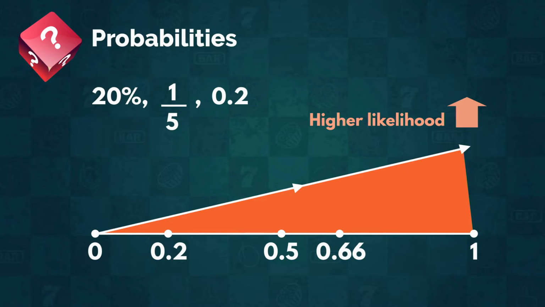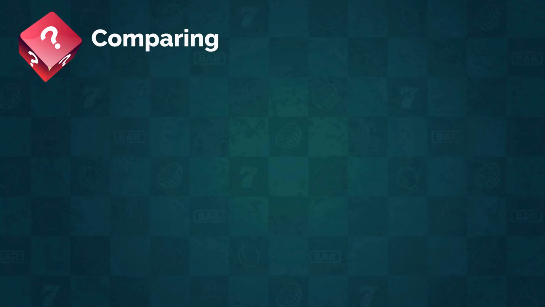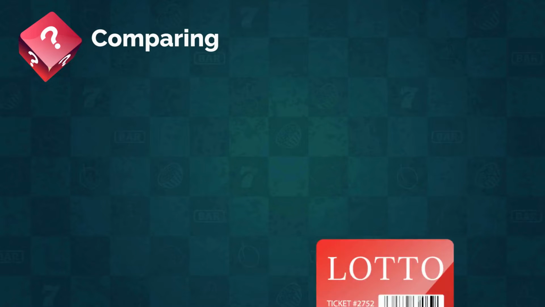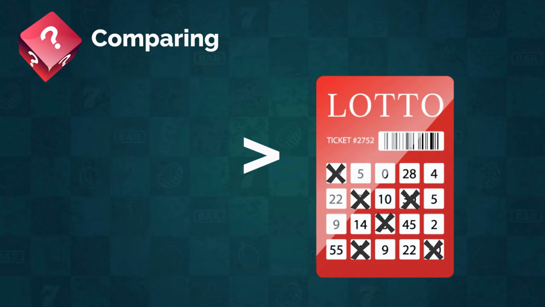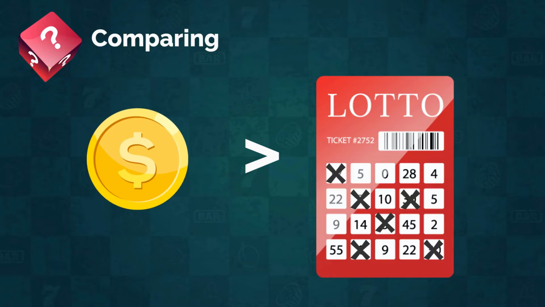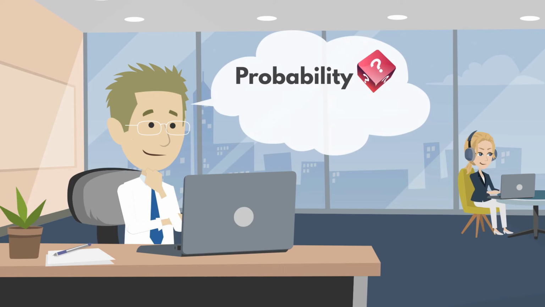Even without knowing any of this, you can tell some events are more likely than others. For instance, your chance of winning the lottery isn't as great as winning a coin toss. That's why you can think of probability as a field that is about quantifying exactly how likely each of those events are on their own. So how about we start right away? Let's get into it.